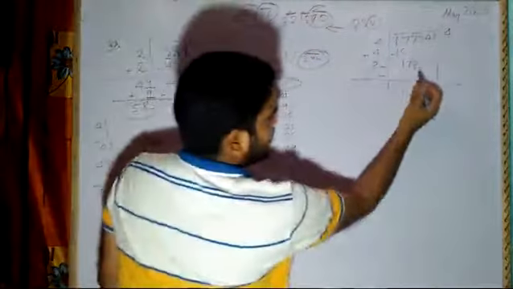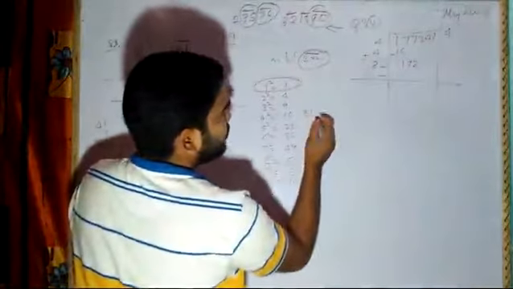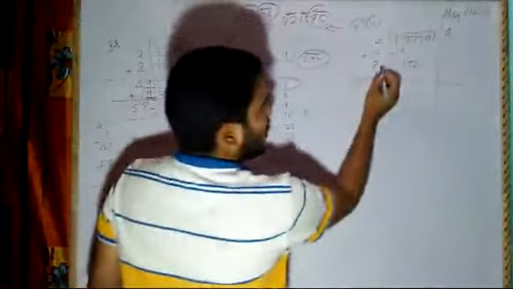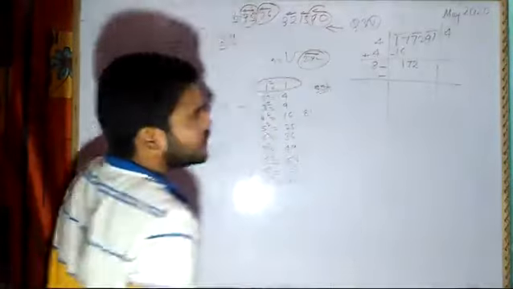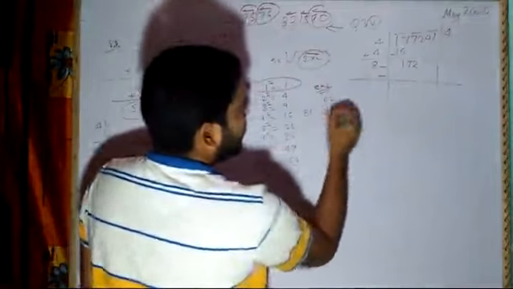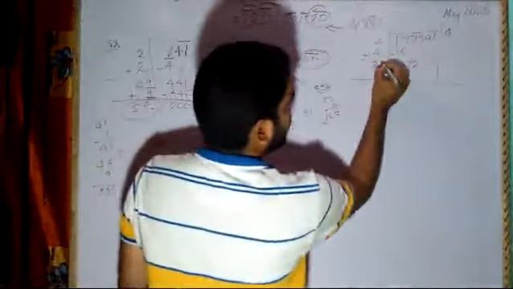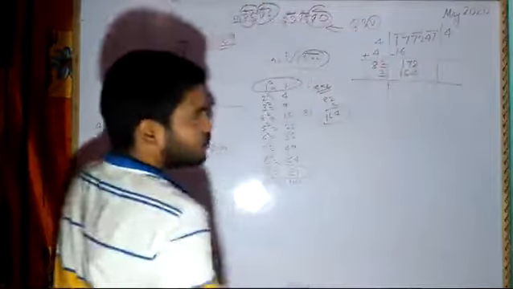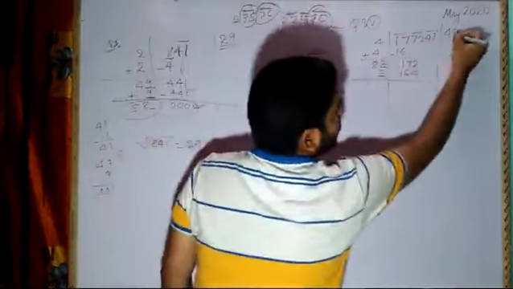Which number is near 172? 172 you see where it will come. If I write 81, 2 is not there, no? We don't see any 2. So now you have to apply your logic. 80, it is in tens place. That means it will be 80 or 81, 82, 83, 84, 85, 86 and so on. Correct? Now 80 multiplied with 2 will be 160. If I write 82 into 2, it will be 164. With 83 it will exceed, so I will write 82. So it will be 164.